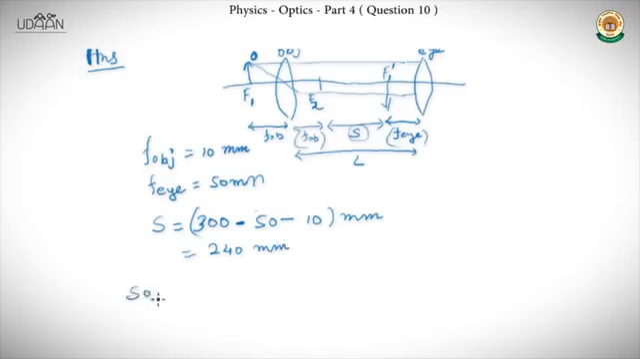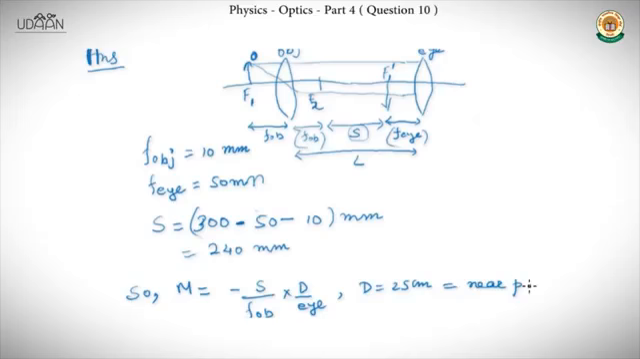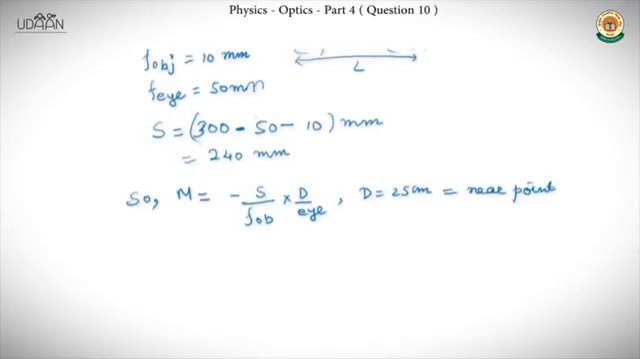So the angular magnification can be directly calculated by the formula, as we have discussed earlier in the theoretical part: s by f objective into D by f eyepiece, where D is equal to 25 centimeter, which is the near point. This implies m is equal to minus